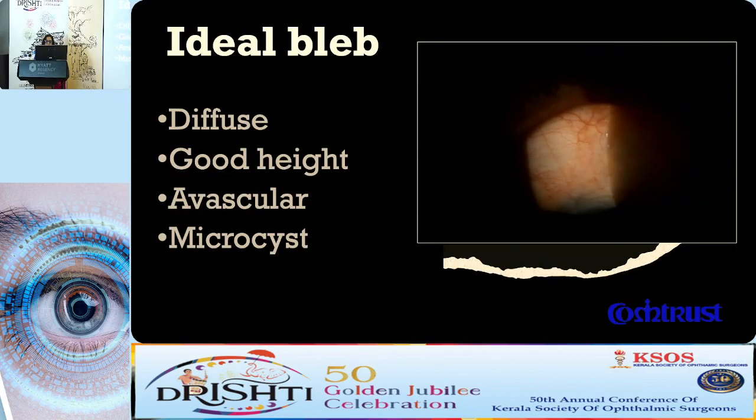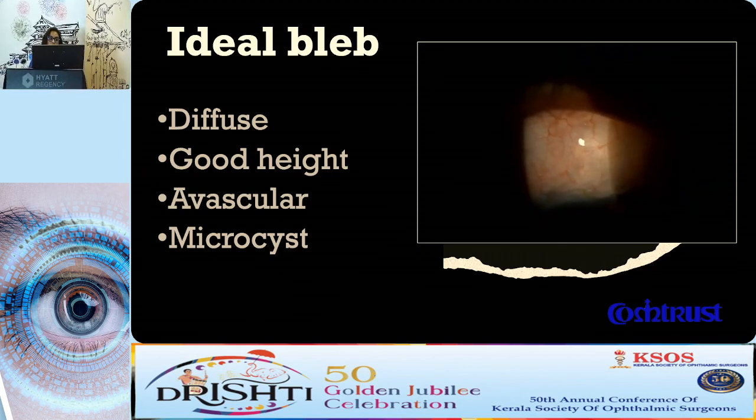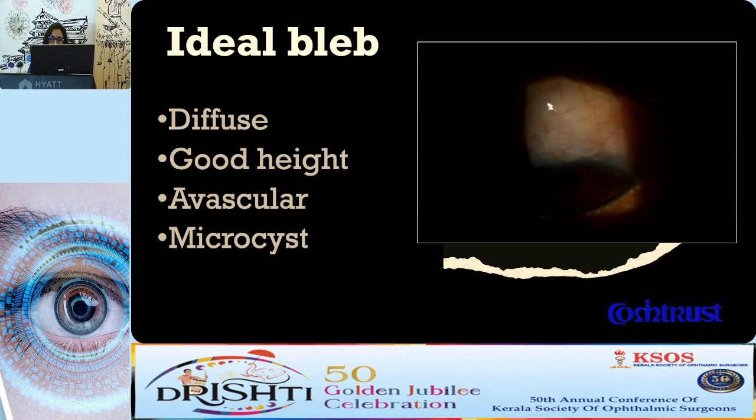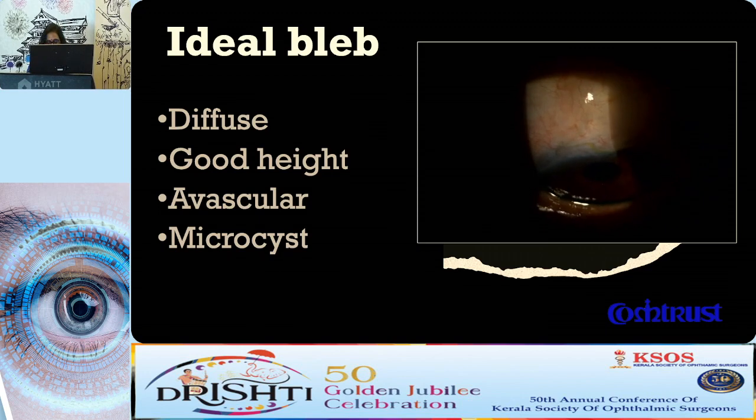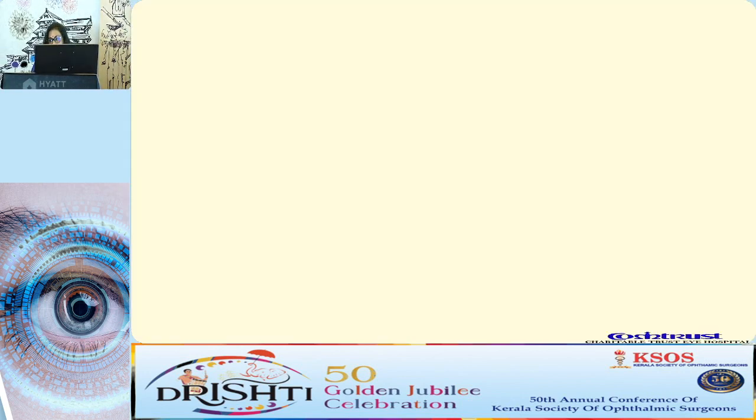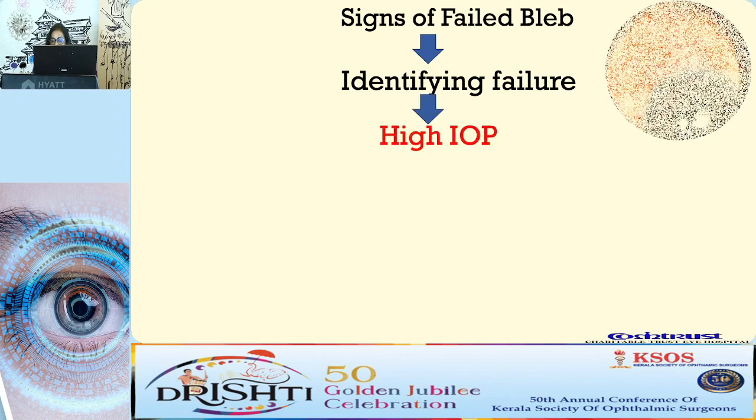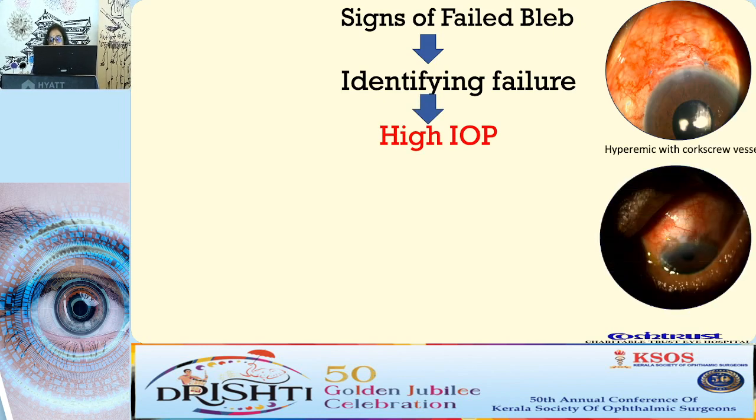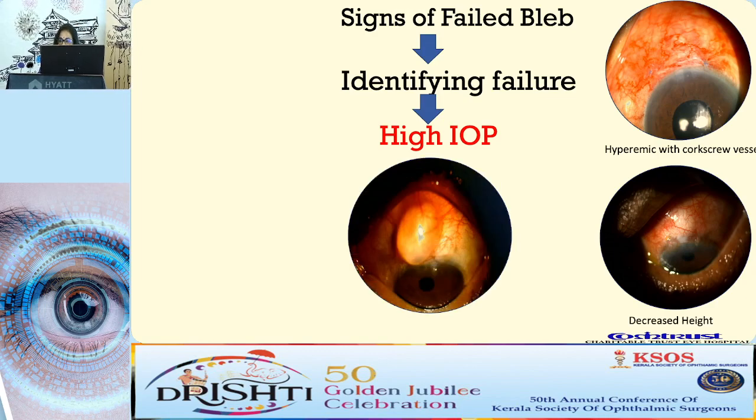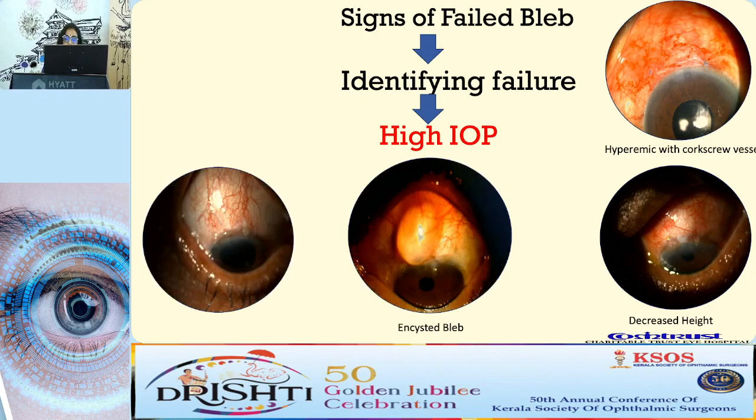Now, when we do a trab, what we dream of is an ideal bleb, which is diffuse with a good height, avascular and microcystic. But not always do we encounter this. We do encounter angry looking blebs, or a low height bleb, or a cystic bleb, or you get a flat fibrous bleb with vascular